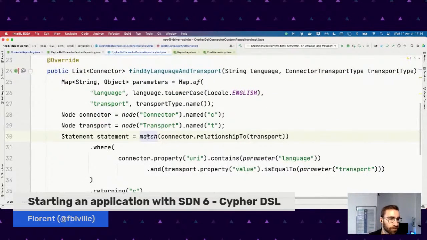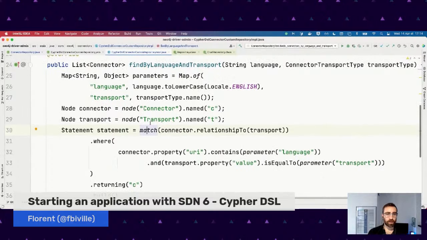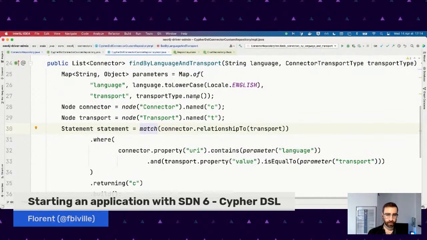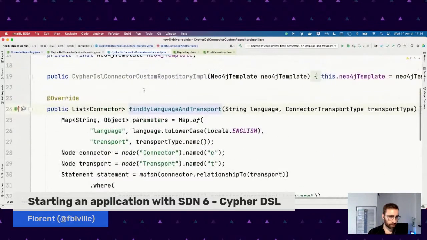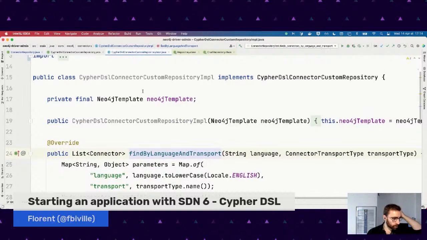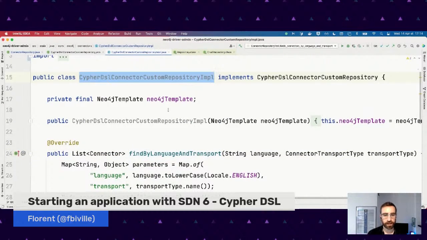So Cypher DSL lets you build, hopefully, I would say, I'm not sure, maybe there are some very strange edge cases where you could have something that compiles and generates an invalid Cypher query. But the goal, at least, is to avoid that as much as possible. So what I had two weeks ago is a simple method through this fragment mechanism, through this repository fragment mechanism,